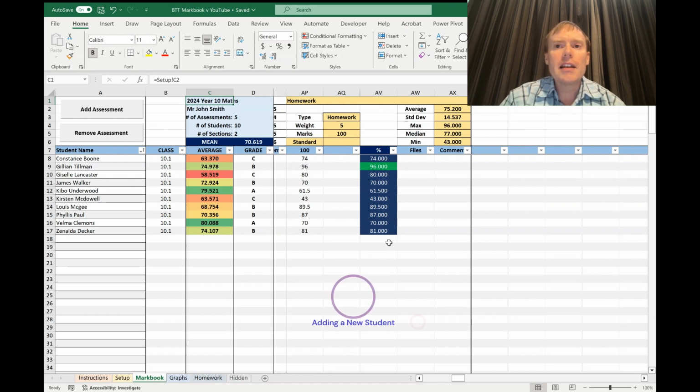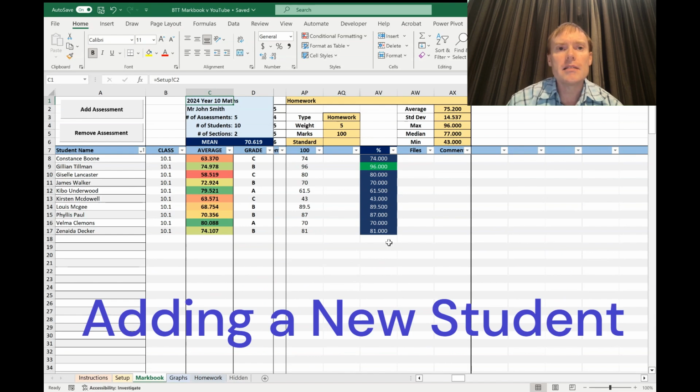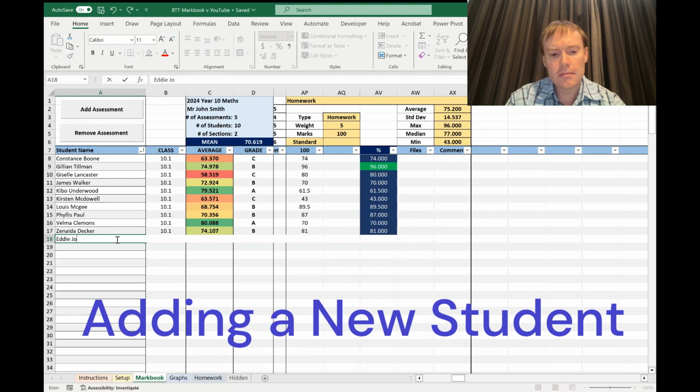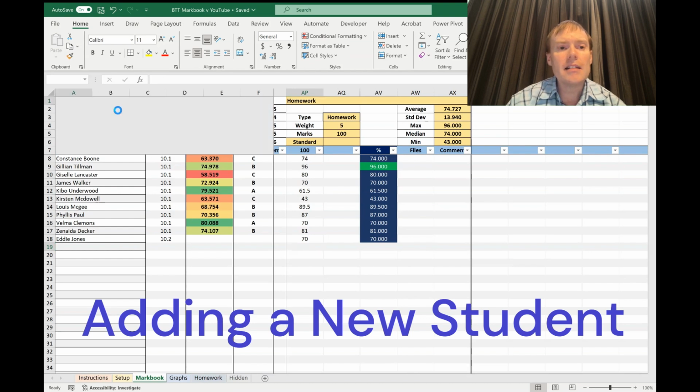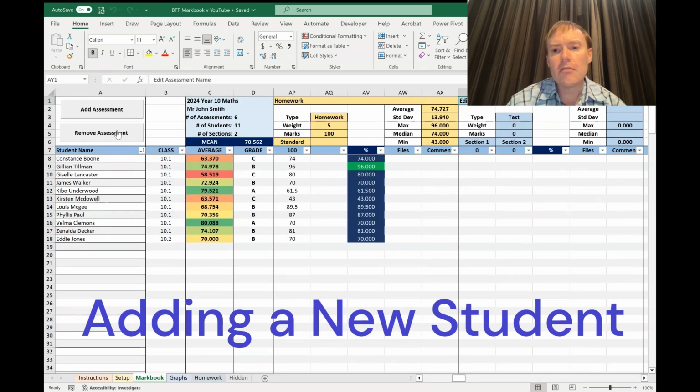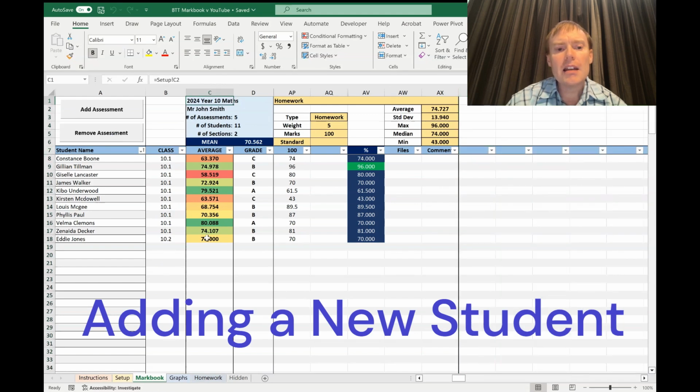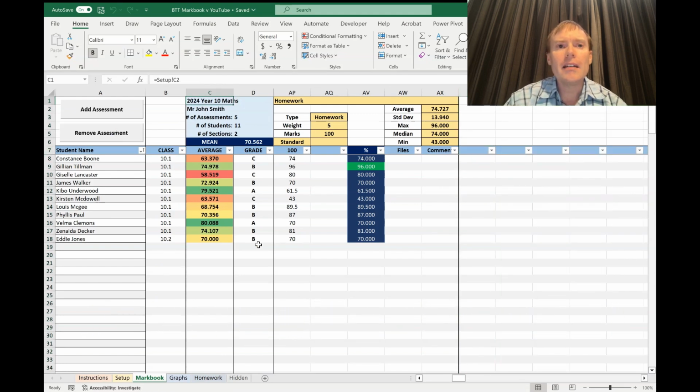Let's begin by finding out how to add a new student to the class. Simply type their name in the student name column, in a class if you want, and then we can enter in a score. Nothing happens to their overall average until you add an assessment and then remove the assessment. Adding and removing an assessment is the quickest way to refresh or update the Marksbook. As you can see here, this new student has now been given an overall average equal to the score that